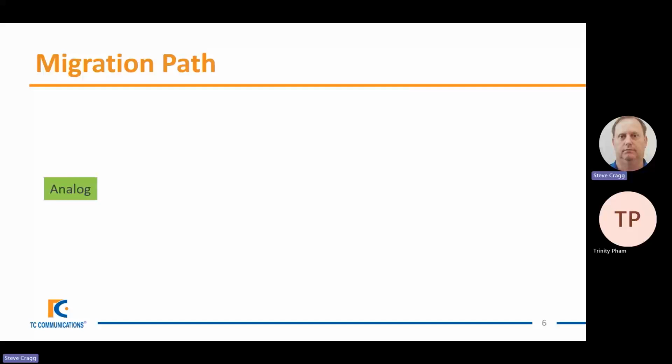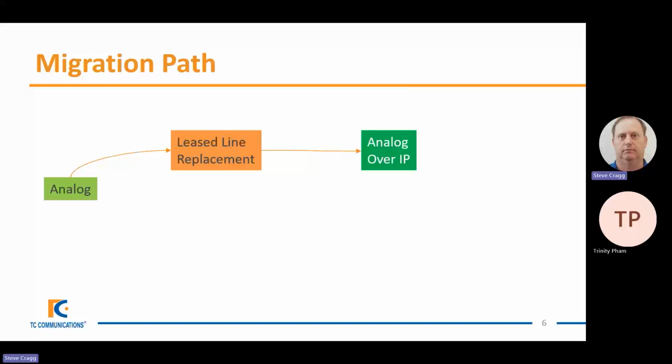So what we see as a migration path is as follows, or a very common migration path is as follows. The first time we talk to people regarding this, it is around leased line replacement, and by doing that, once you replace leased lines, you then go to an analog over IP solution. And that means that the leased lines have been replaced with a more modern and robust IP solution. But essentially, what you end up with is your analog system just as you had before, but with a more reliable means of leased line.